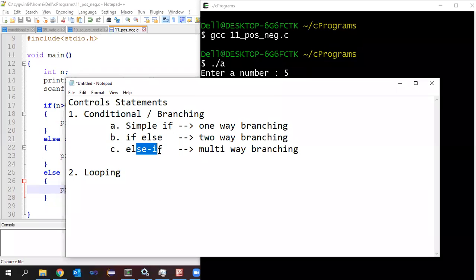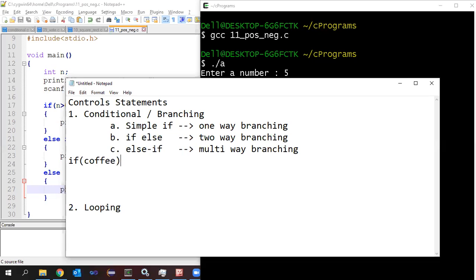Now, what assumption can you make in an else if ladder? He can drink coffee. If coffee is not there, he will ask whether there is tea. If there is tea, he will drink tea. If tea is not there, then again he can ask whether there is Horlicks or Bournvita. If any of those are there, he will drink it. If nothing is there, okay, let's have fun. If coffee, drink coffee. Else, if tea, drink tea. Else, I can have one more else if here. I can check for other conditions if anything is there. If that is there, he will drink that also. If that is also not there, suppose if in the